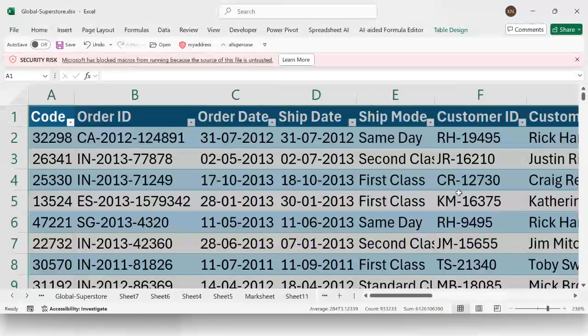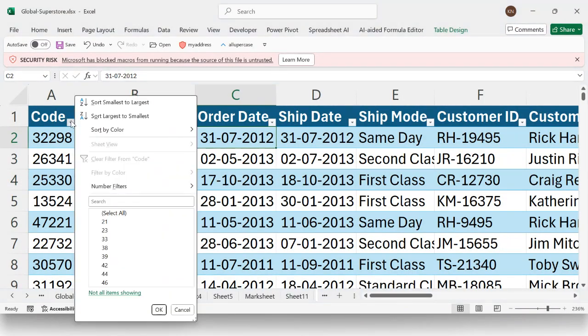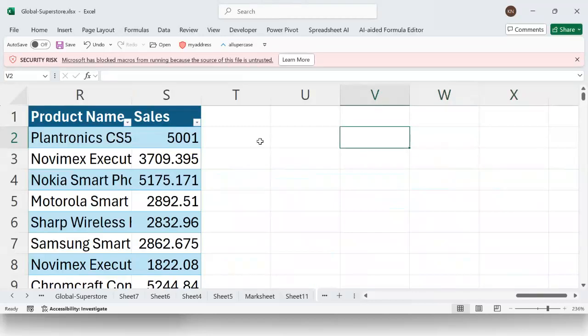Okay, no issue. Now, after converting the data into a table, you will get the drop-down arrow. This will help you in sorting and filtering. For example, suppose you want to sort your order date from newest to oldest. So when you sort the data,